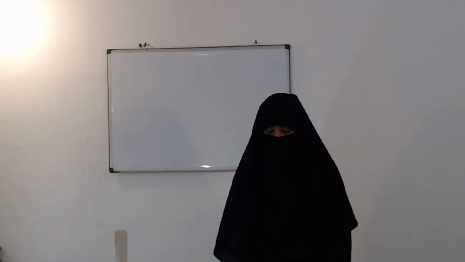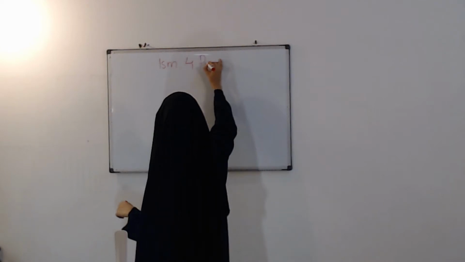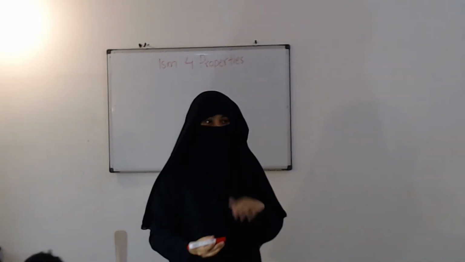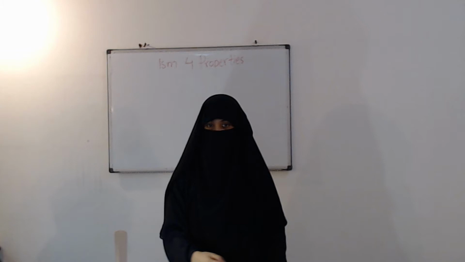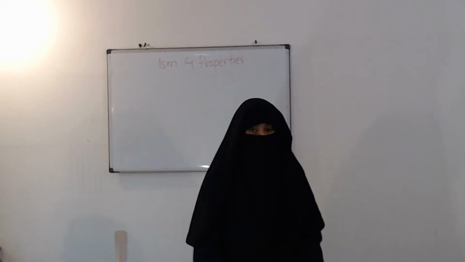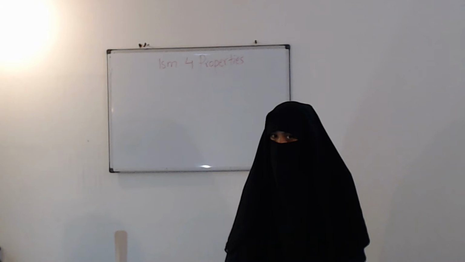Now, ism has four properties. Ism has how many properties? Four. Let me give you an example. Look at this table. How many legs does it have? Four legs, right? While looking at the four legs, you can recognize this is a table. In the same way, when you look at ism, you will come to know its four properties, and at the same time you will spot that this is ism.